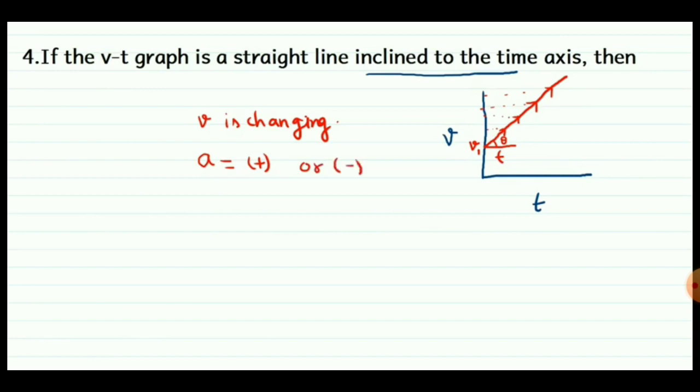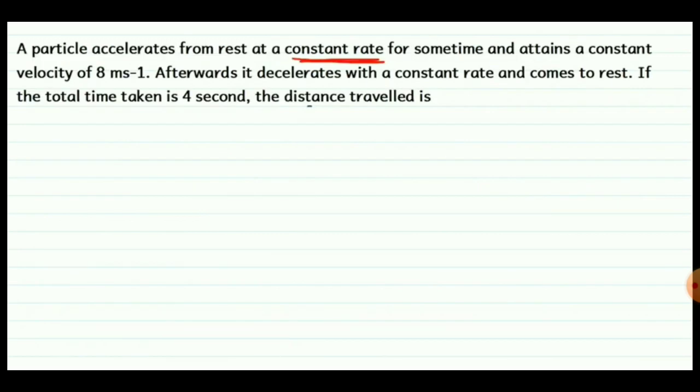We can also say acceleration is negative when I draw the line below. Like that. Now see student, in this line also, this line is making an angle with the time axis, but the velocity is decreasing constantly, so we can say acceleration is negative. Precisely we can say acceleration would be positive or negative, but it would not be equal to 0. Okay, let us start the next question.